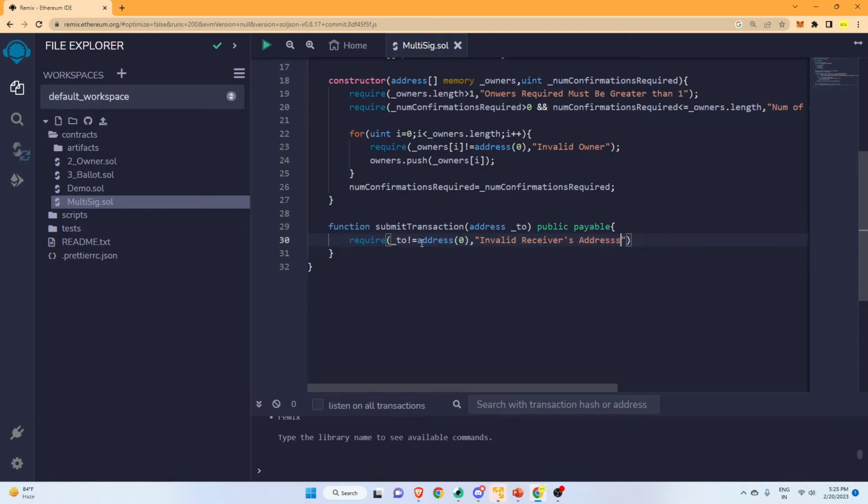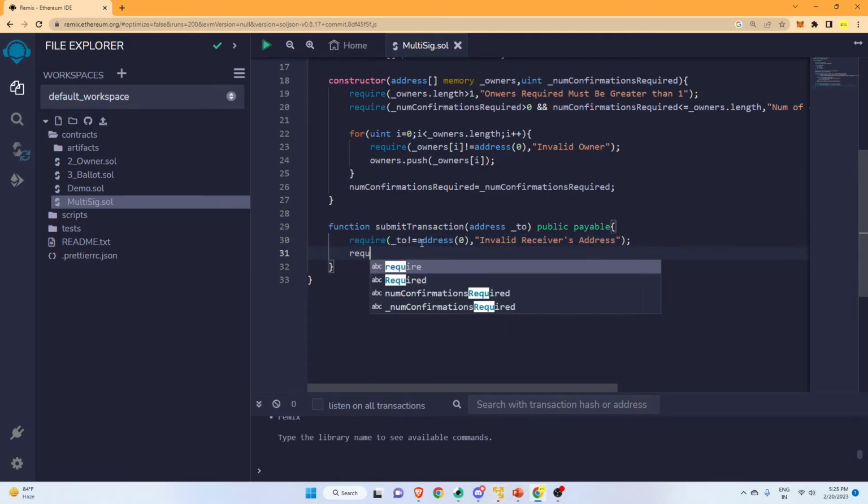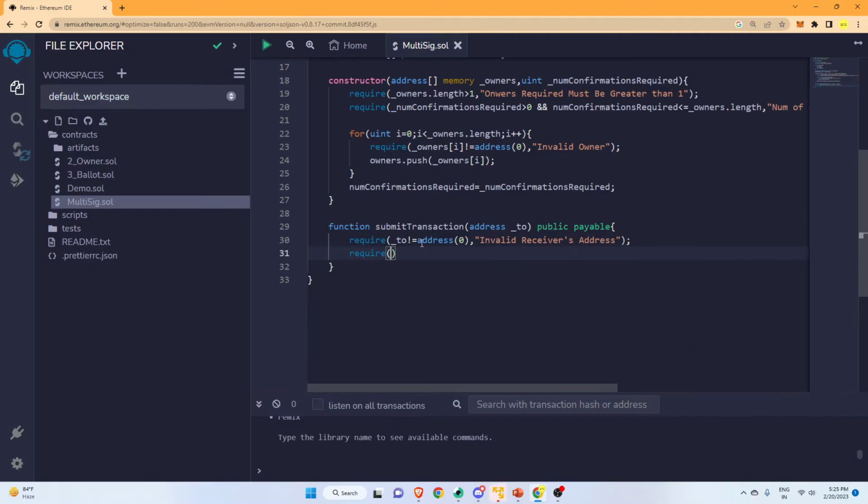Okay, something like this. And then we will check for msg.value, meaning the ether that is sent by the person who is calling this submitTransaction function. Okay, so msg.value should be greater than 0. Otherwise, we will throw an error that the transfer amount must be greater than 0. Okay, and if these two conditions are met,